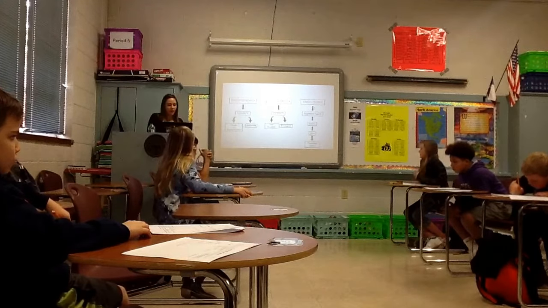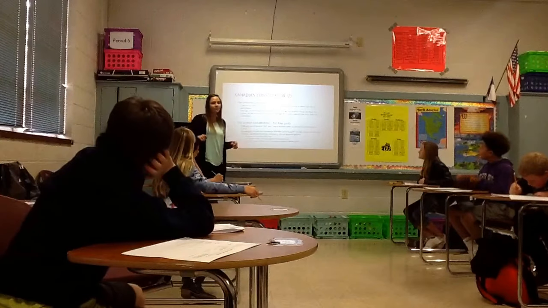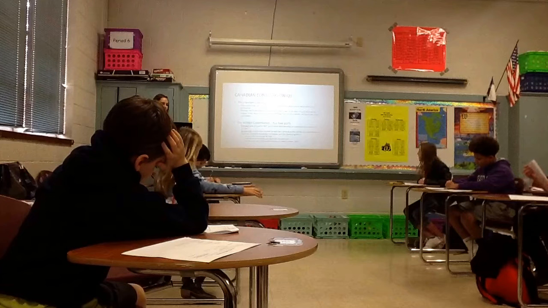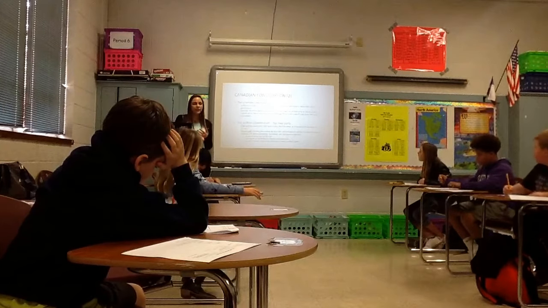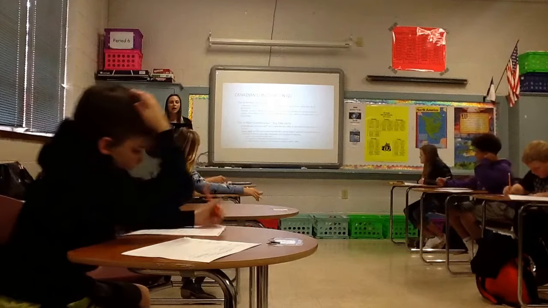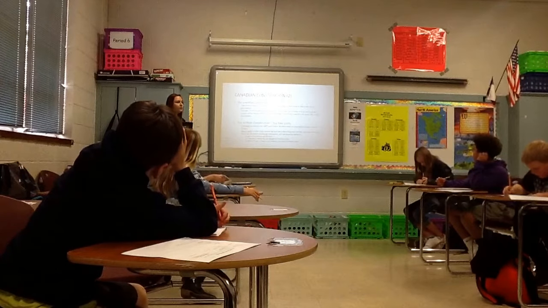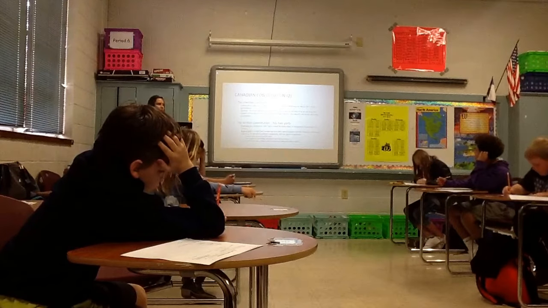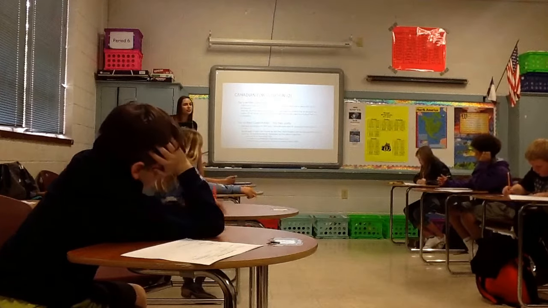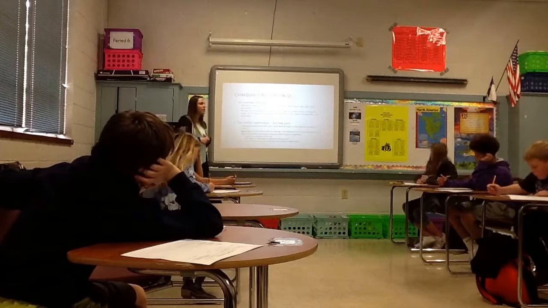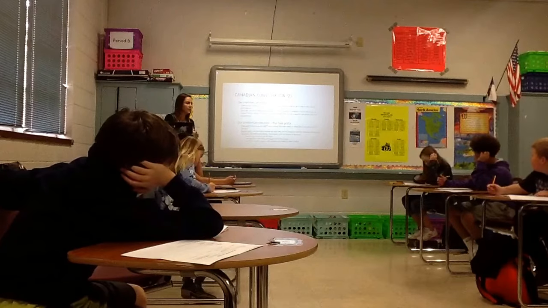Alrighty, so the important part where you guys probably need to write down everything, because I see a couple of people not writing. So the Canadian Constitution, they have an unwritten and a written. The unwritten is principles that carry the authority of a constitution, but are not actually part of the written document. So basically, these are just known rules. An example of that is the Prime Minister can traditionally be voted out if he or she loses the support of the House of Commons, even though there is not a specific rule about this in the Constitution.